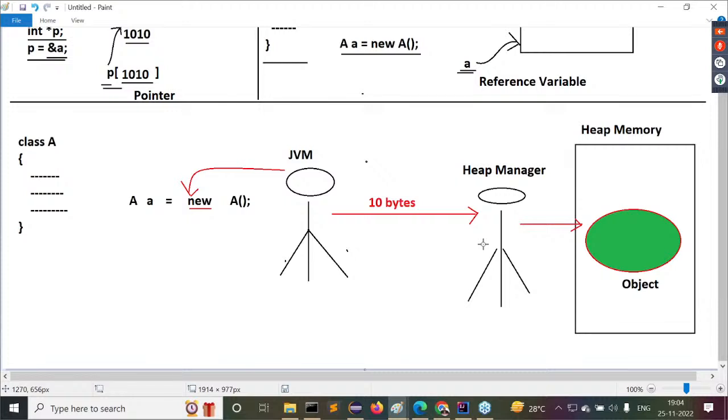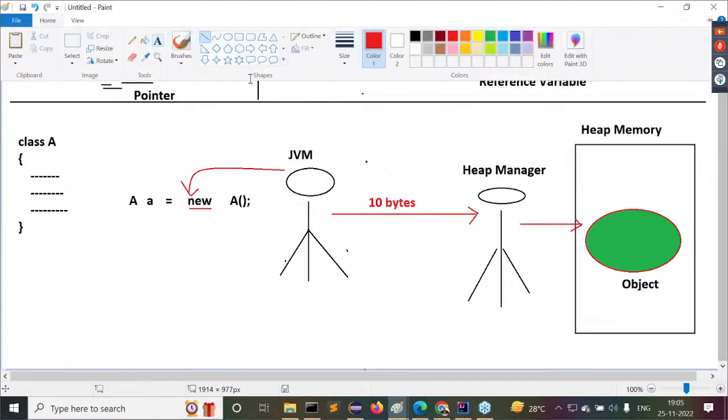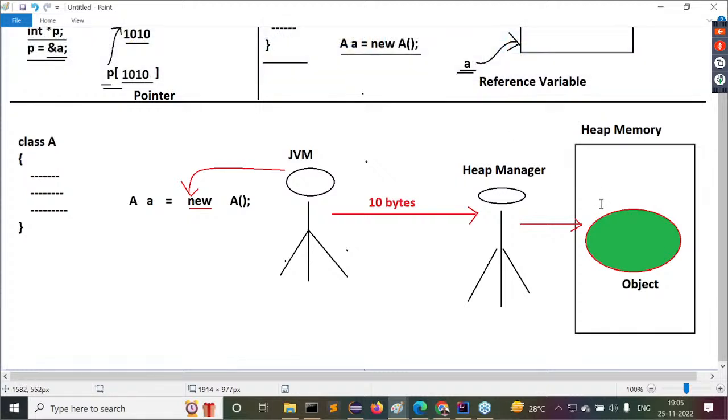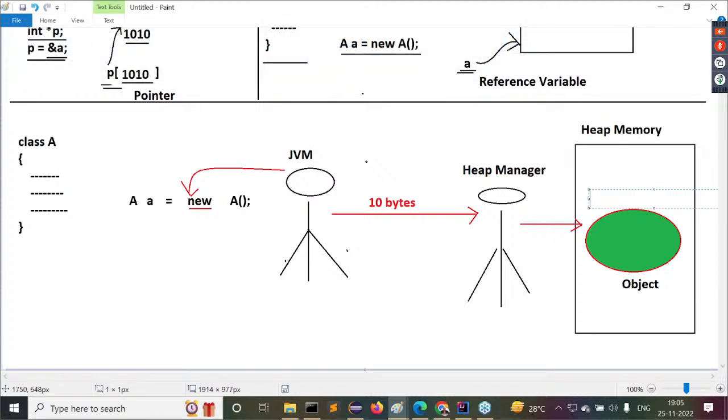In the same way, in this example also, whenever an object is created, some identity value will be created for this particular object. Say, for example, that identity is created in the form of an integer value.